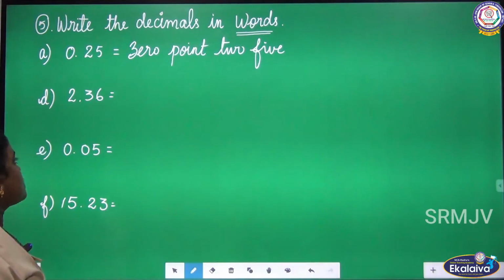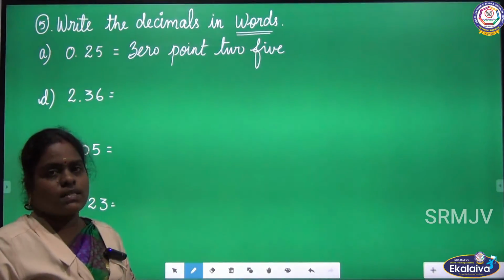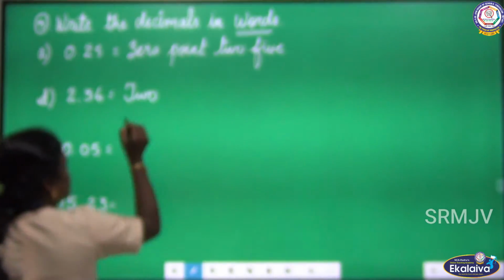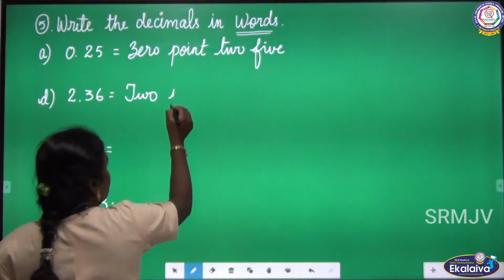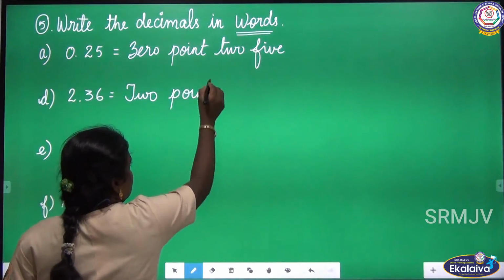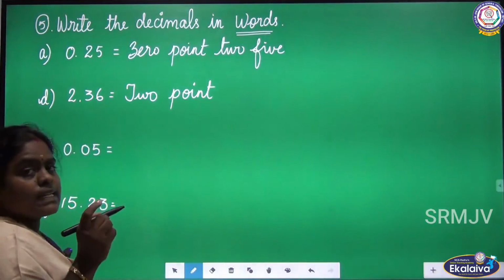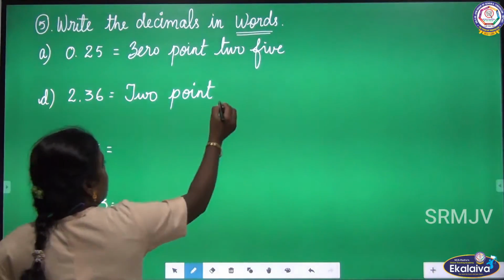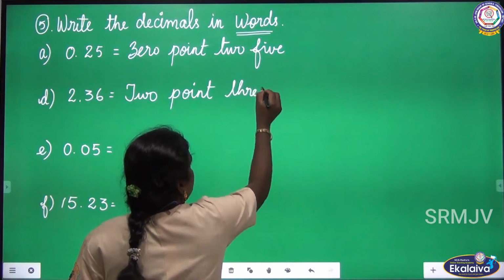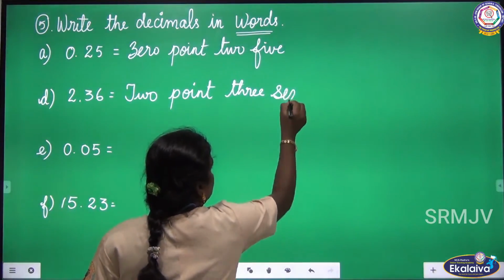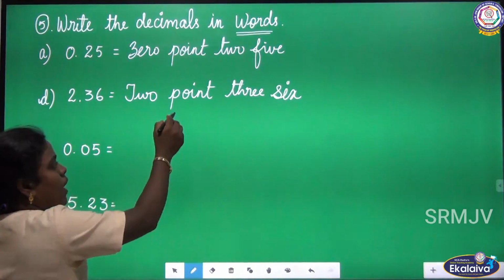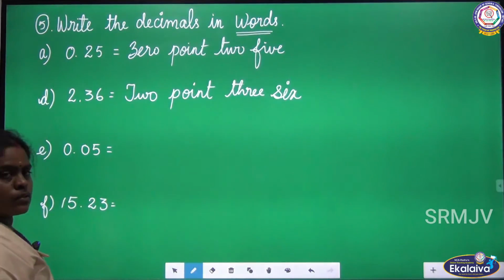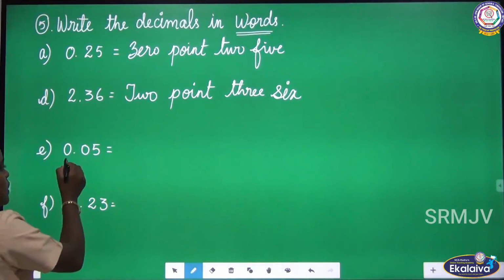Look at the next decimal, 2.36. First, I have read the number 2 followed by point. 2.36. In the decimal part, we have two numbers. One is 3. The next one is 6. So 2.36 is the given decimal. Look at the next decimal,